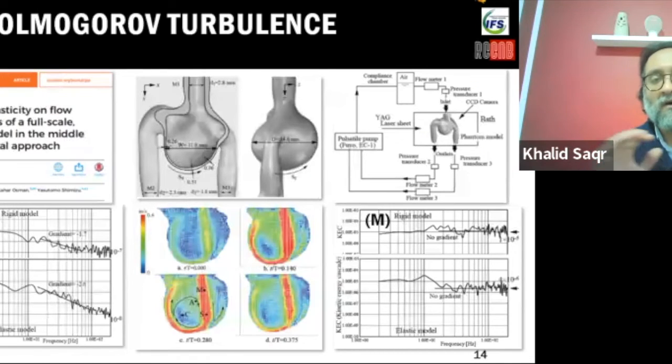The second part of the evidence is coming from laser measurements, from PIV measurements that we did for a couple of brain aneurysm phantoms, brain aneurysm models. One is rigid and the other one is elastic, with an elasticity similar to human arteries. As you can see in the comparison between points C and M, M is in the jet layer of the flow, while C is in the vortex near the vortex core region